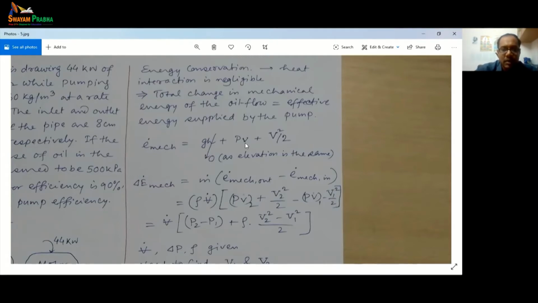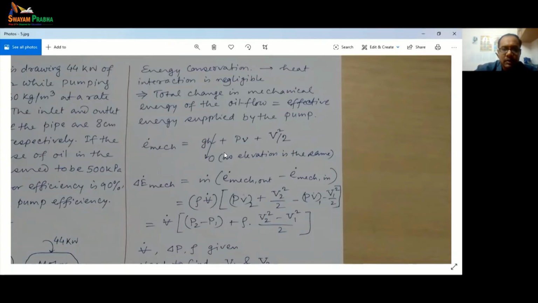Let's differentiate now that the small v is the specific volume. And this capital V, with these two small horns, we will designate as the velocity of the flow. And another v you will see here, please follow the mouse, this particular v dot with a bar inside, that is the volume flow rate. So volume flow rate, velocity, and specific volume, these three v's we are going to differentiate in this problem, otherwise there will be confusion. Okay, coming back to the mechanical energy content of the flow.